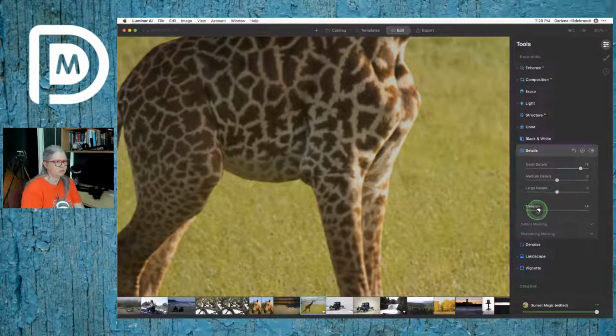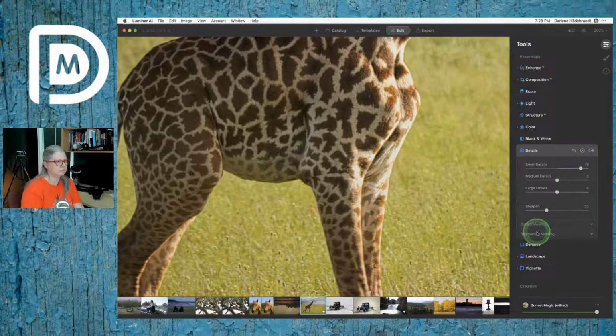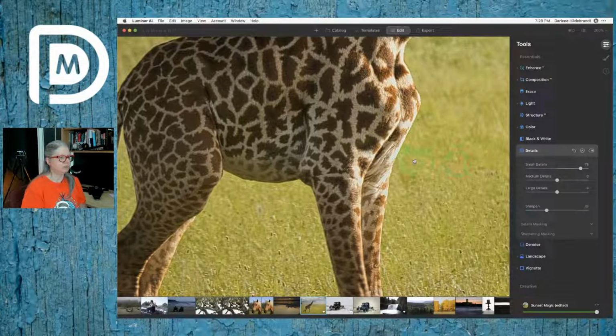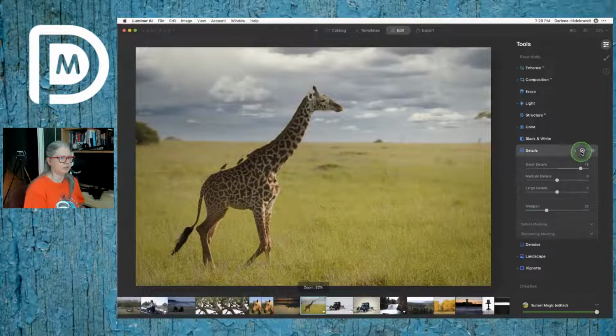I'm going to sharpen it a little bit as well. Okay, so see how that's doing a really nice job? Look at that. We can see the texture in the fur even. Okay, so once again, I'm going to go back to fit to screen, and I'm going to use this mask